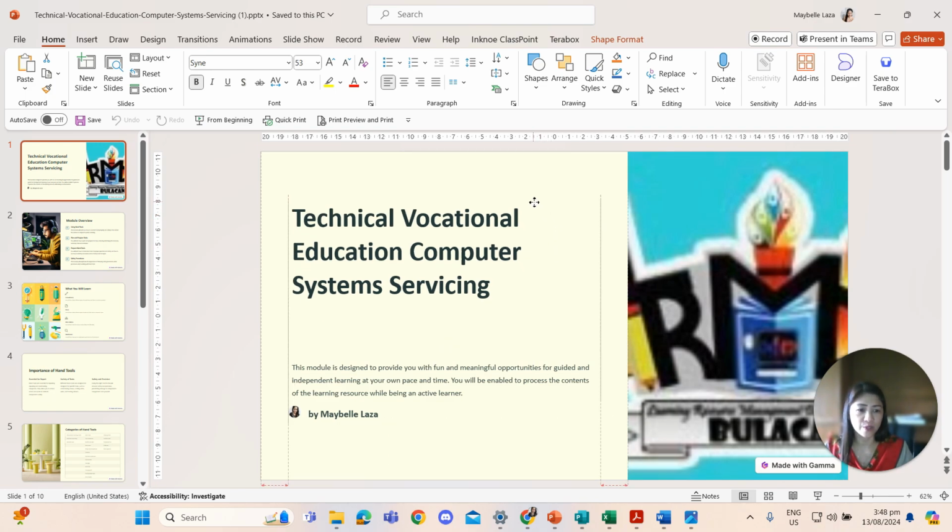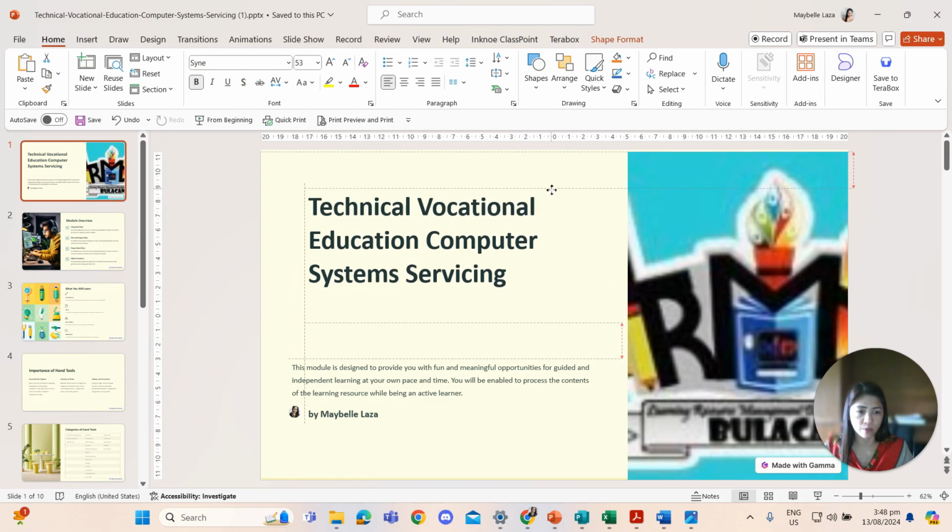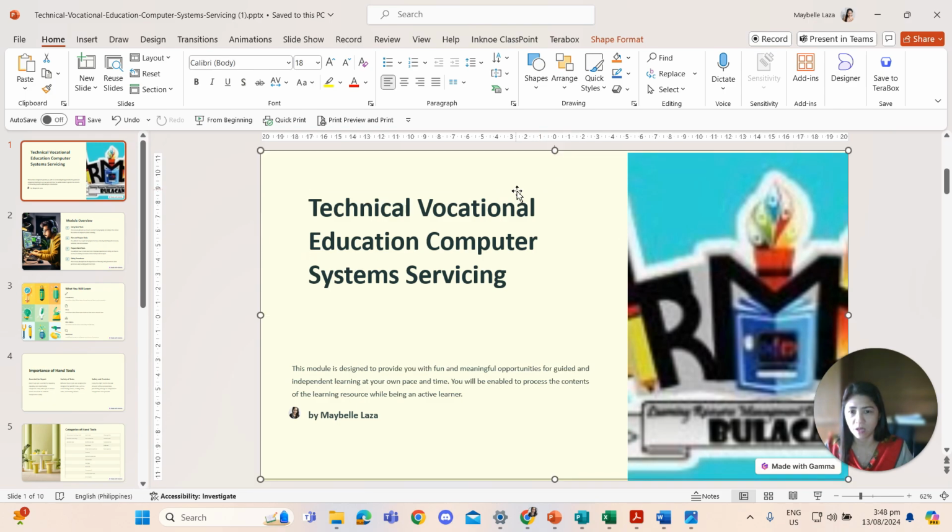Okay? So, hope nakasunod po tayong lahat. Okay, then it is very useful in our teaching kasi mas mabilis siyang gamitin compared dun sa you're going to copy paste and you're going to have your own design using the PowerPoint. Now we have the Gamma app for us to assist in creating our presentation.